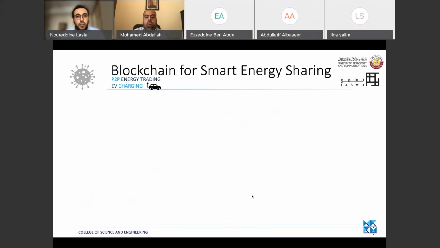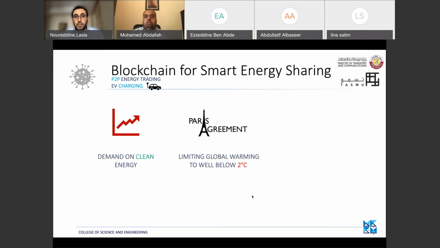So the third project has been developed in our division, and it is also under the umbrella of the TASMO Innovation Lab at MOTC as a promising and innovative research project. The idea of the project is that in the near future there will be a huge demand for clean energy. This demand is mainly caused by two factors. The first one is the global commitment to reduce carbon emissions, known as the Paris Agreement. And the second one is the proliferation of new smart technologies, for example solar panels and